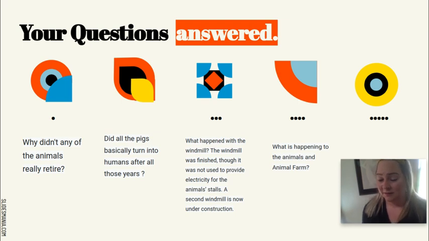So the first windmill that is now standing, that has survived the test of time, is milling corn and making a profit on selling the corn. And they're going to build more windmills to make more profit. I think it would be wrong to assume that the windmills would generate electricity to make the animals' work any